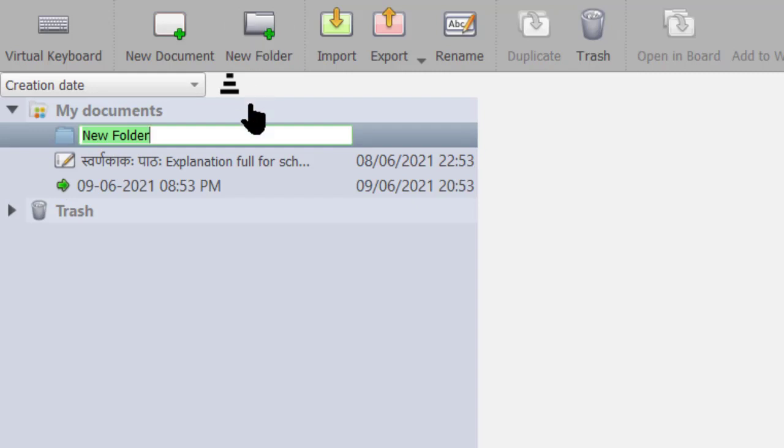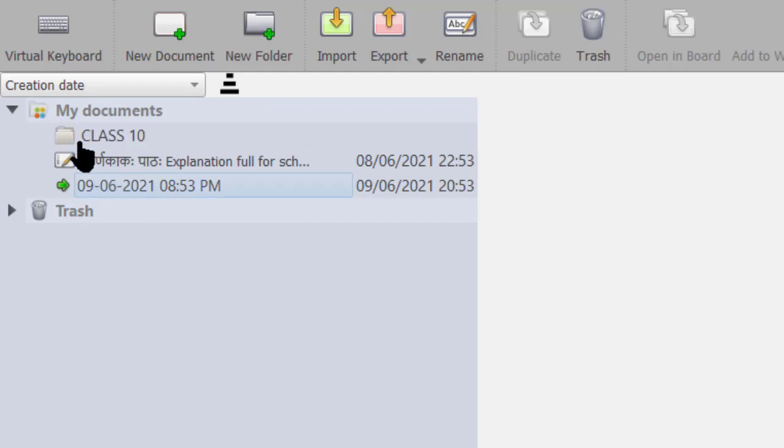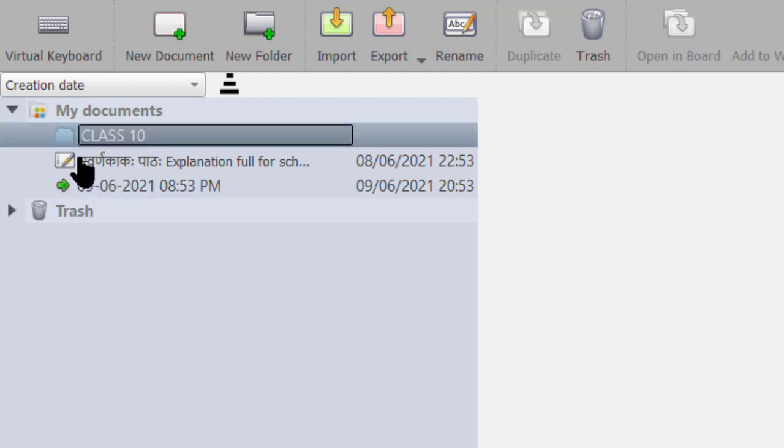I'm creating class 10. Whichever folder you click, the importing file will come to that folder. So after selecting that folder, you click on this import button.